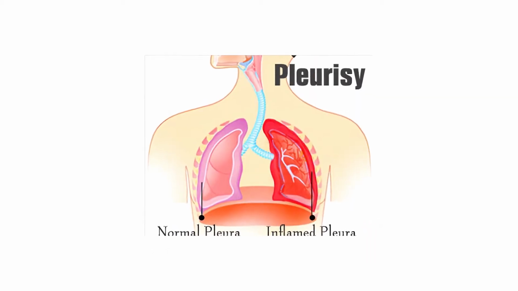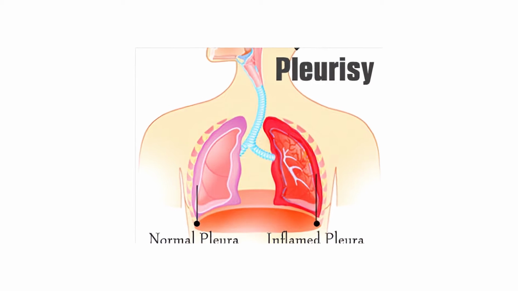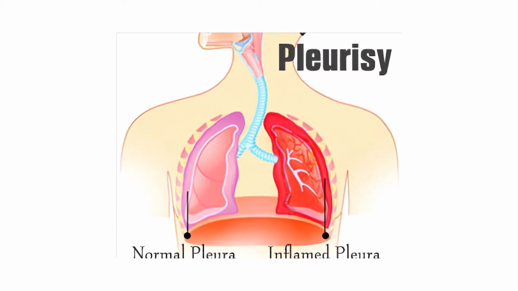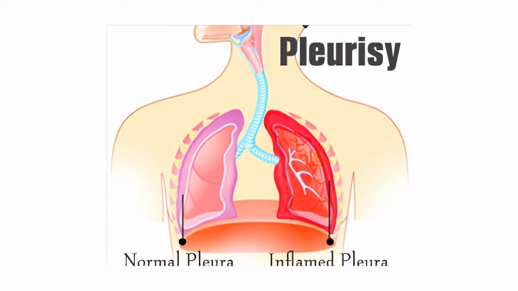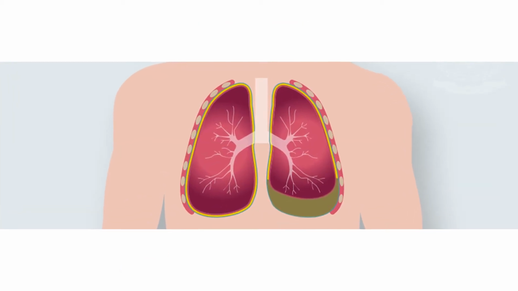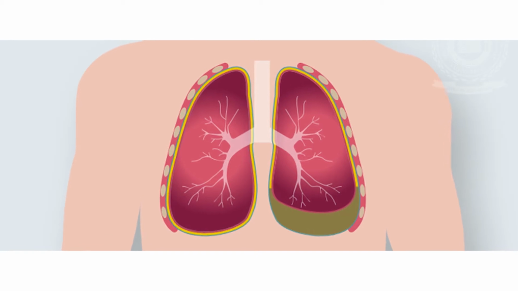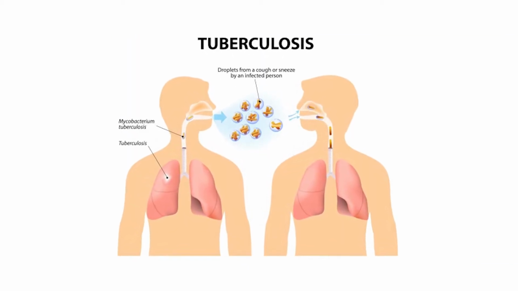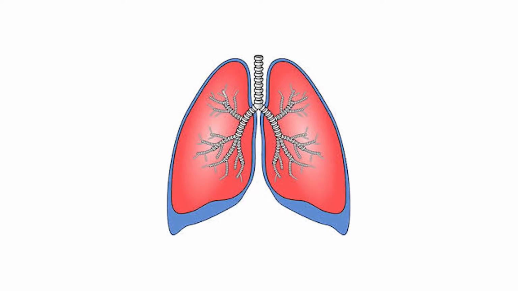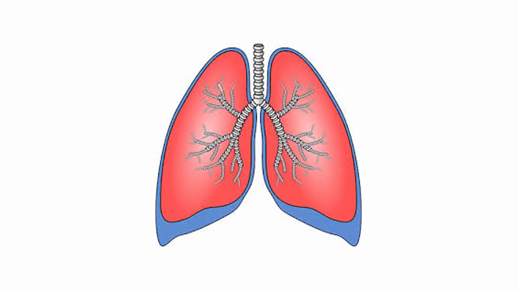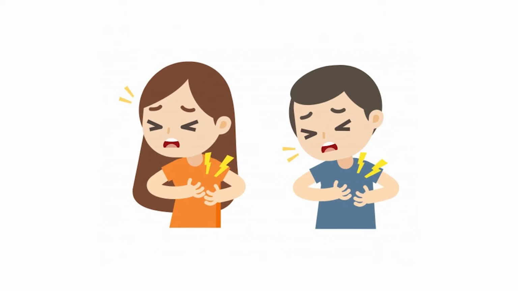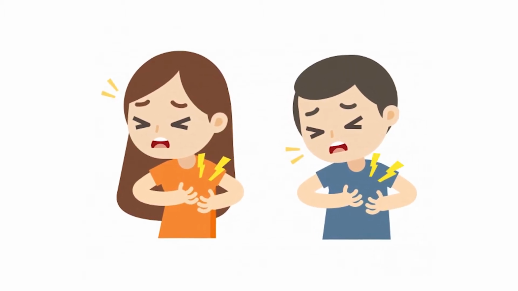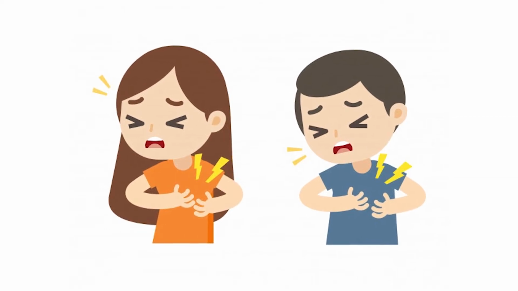First is pleurisy. Pleurisy is the inflammation of the pleura. It may be dry, but often it is accompanied by a collection of fluid in the pleural cavity. The condition is called the pleural effusion. Pleural effusion is one of the signs of the tuberculosis of the lungs. Dry pleurisy is more painful because during inspiration both layers come in contact and friction is produced. Due to this friction of the two layers, the patient feels severe pain in the chest.